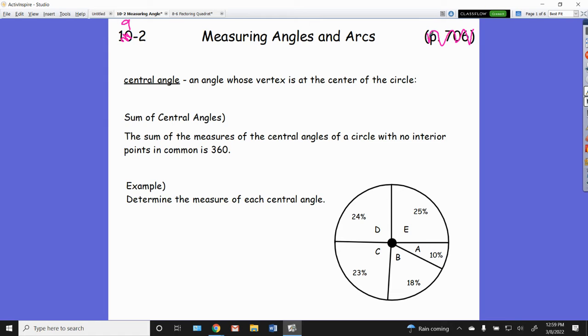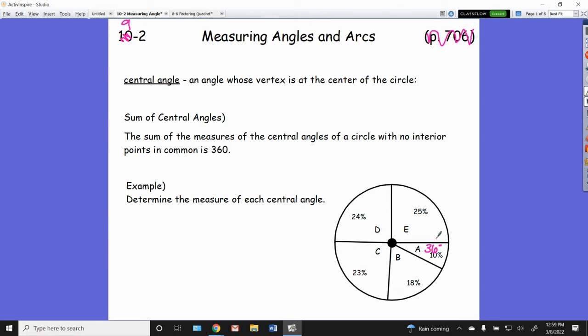Now, if we determine the measure of each central angle, all right. So if we look at slice of pie A, central angle A, it says it's 10% of that circle. So if the entire circle is 360 and central angle A is 10% of that, how would I figure that out? 10% of 360, guys, which is 0.1 times 360, or you can just think it's 36. All right. So this one is going to be 36